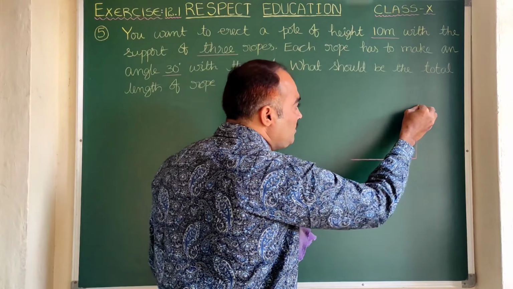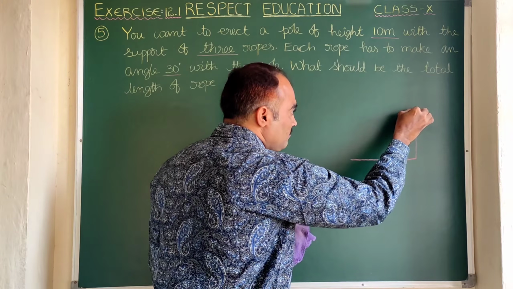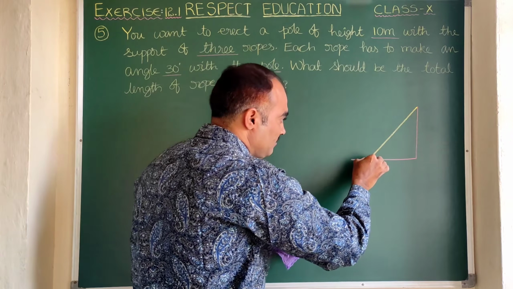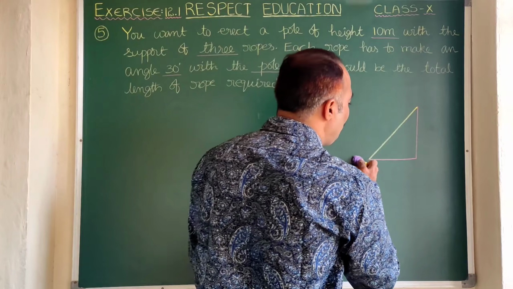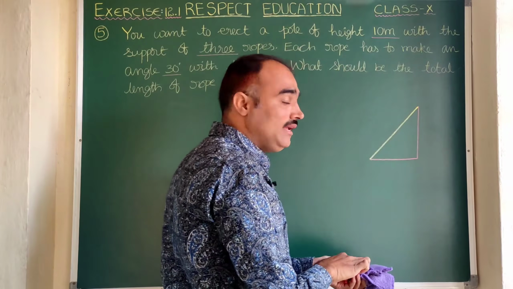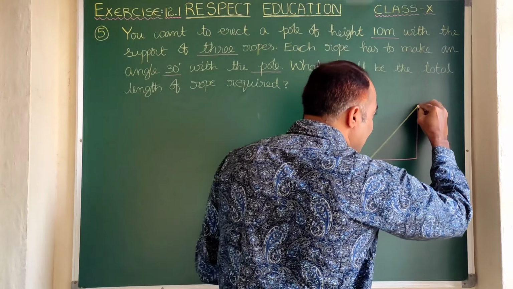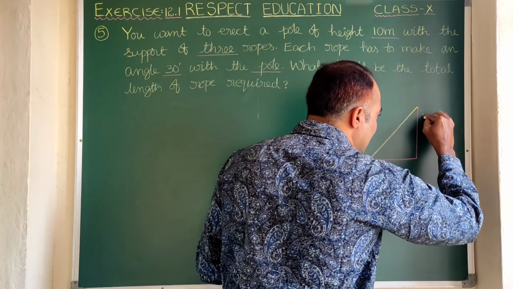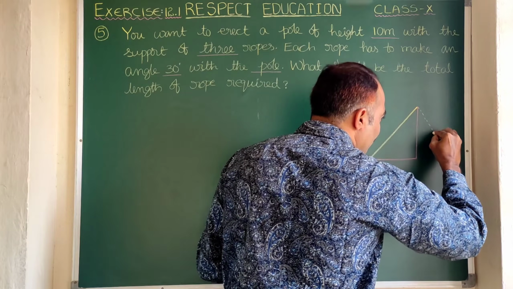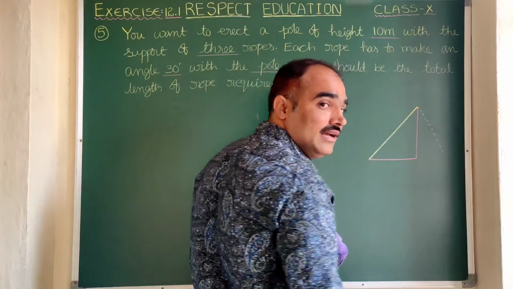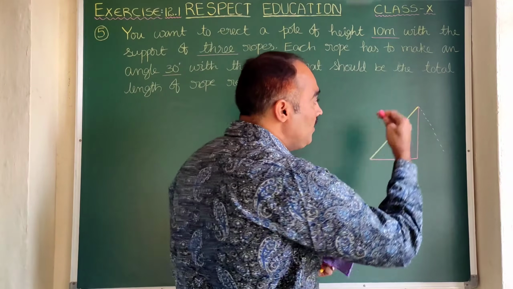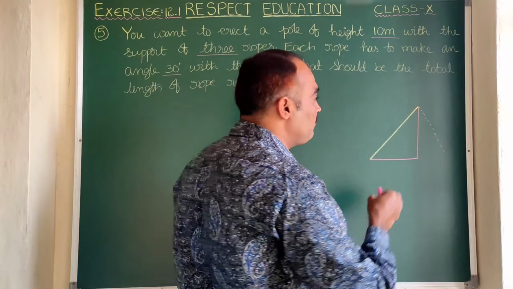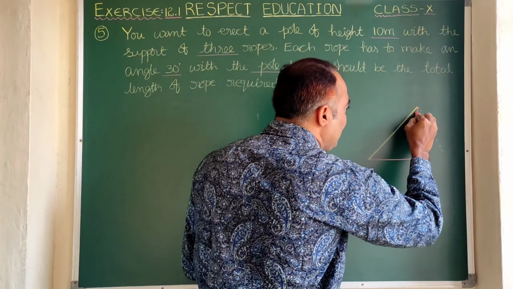See, one of the ropes is like this, and the second rope will be on this side. Clear? And the third rope will be on the back side of the pole. So it can be